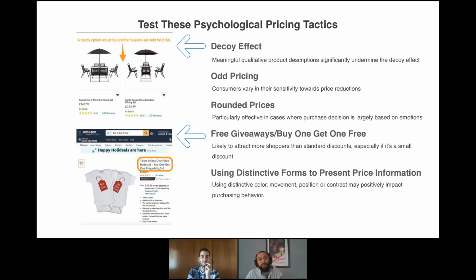This is a lot better than direct discounts, because it also helps you decrease your inventory while you are promoting your shop. And the last strategy is using distinctive forms to present price information. This can again be anchor pricing, striking through the old price so that the new price looks a little more attractive. You can also use different colors, or eye-catching price images, so that you attract the customers' attention and give a sense of urgency on the